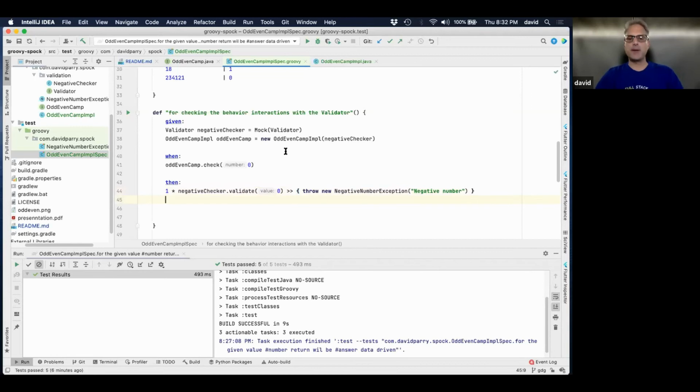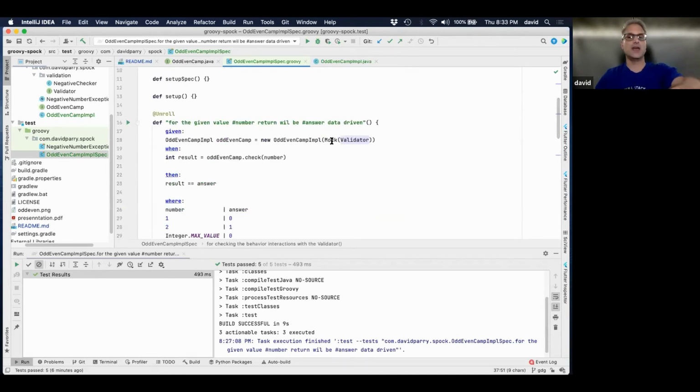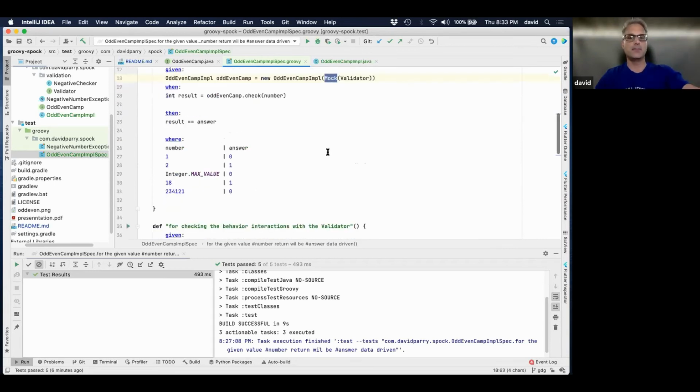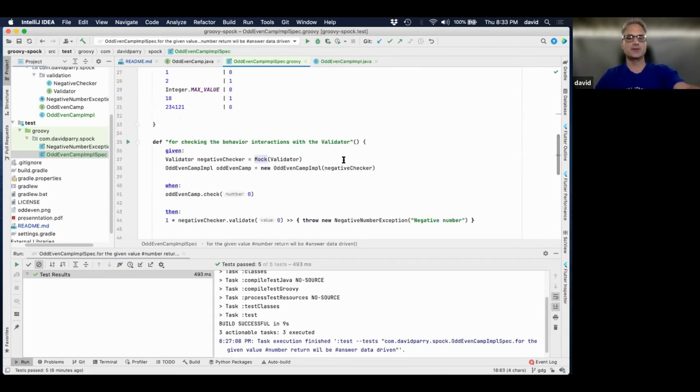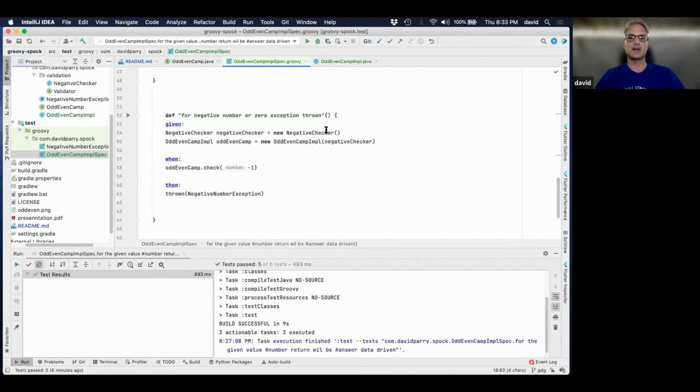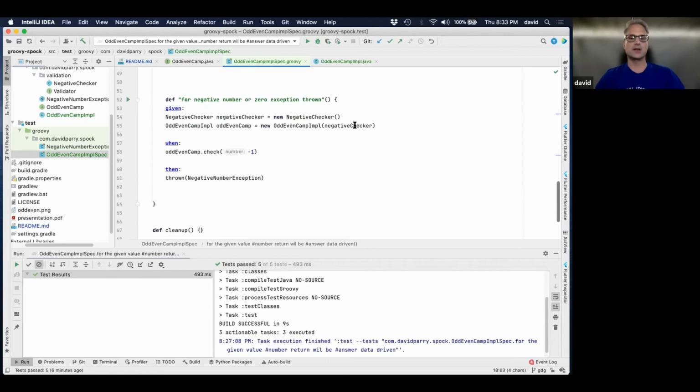So I'm expecting that when the mock gets called, I'm going to throw this negative number exception. I didn't write the validator class here, so I'm not controlling that exception. Yes, we passed it in at the top so I could show you, hey, there's the mock, and you can pass it in by default when we first tested it with a real one. But here, I really want to pass it, or here I did it there.